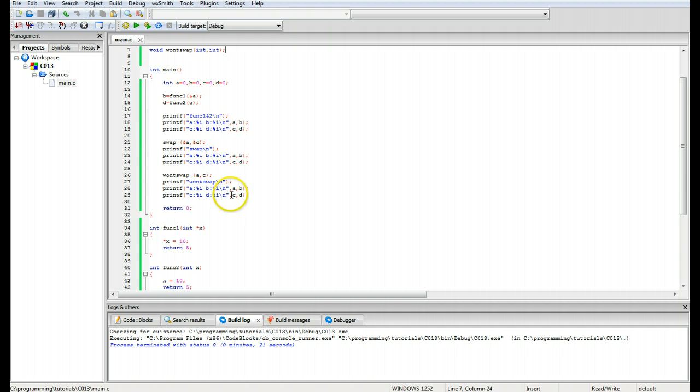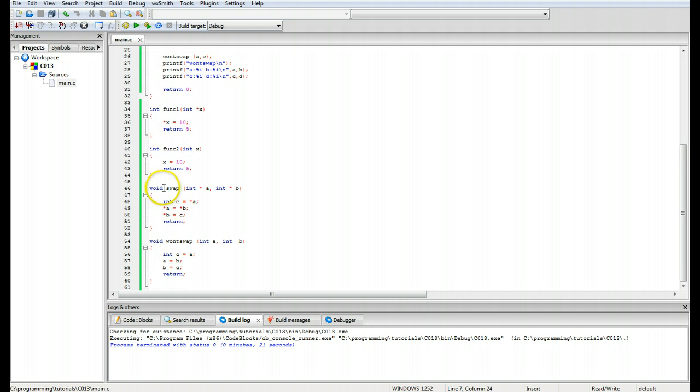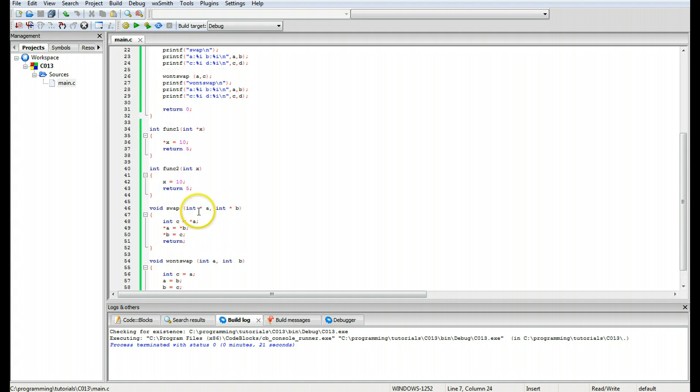If we run this function, which looks like this, it actually passes the pointers to the function, then takes the variable that's inside pointer a and passes it to c, which is created here, then takes the variable inside pointer b and passes it to the variable location inside pointer a. And then it takes the variable that's inside c and passes it over to the variable location inside pointer b. And when we run that,